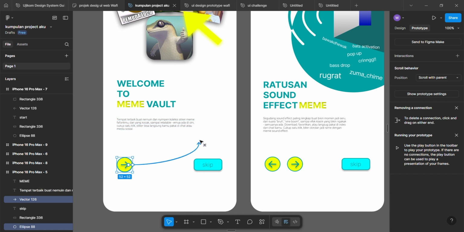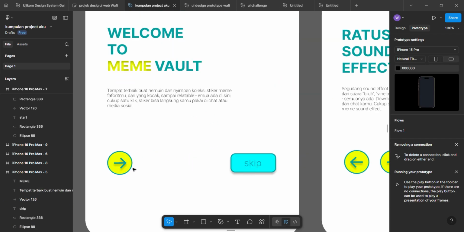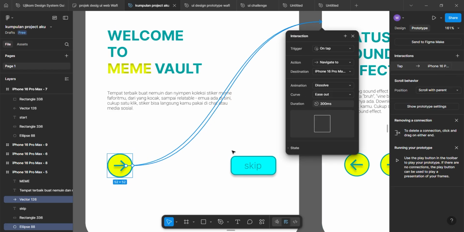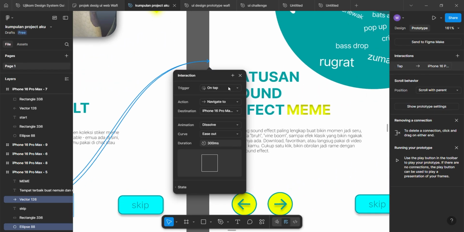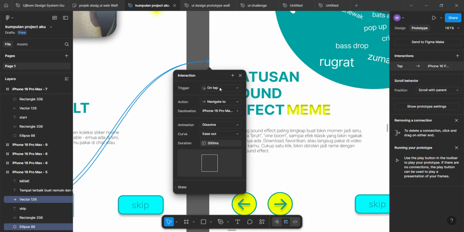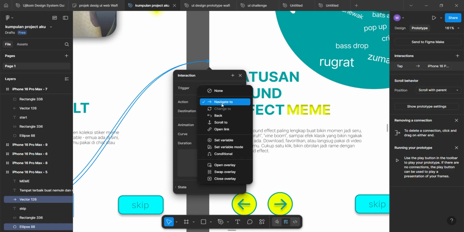Each page represents a different screen of my app. For example, the first page is the home screen, the second one might be a profile page.